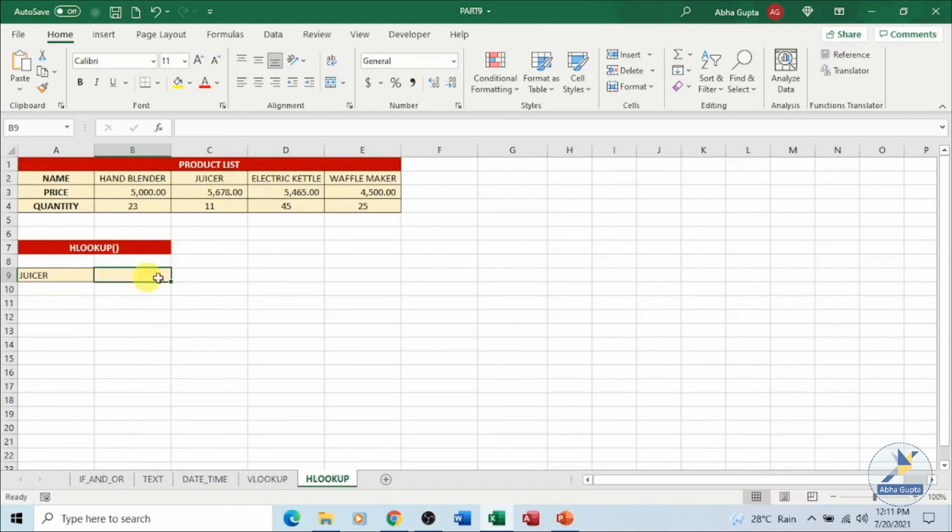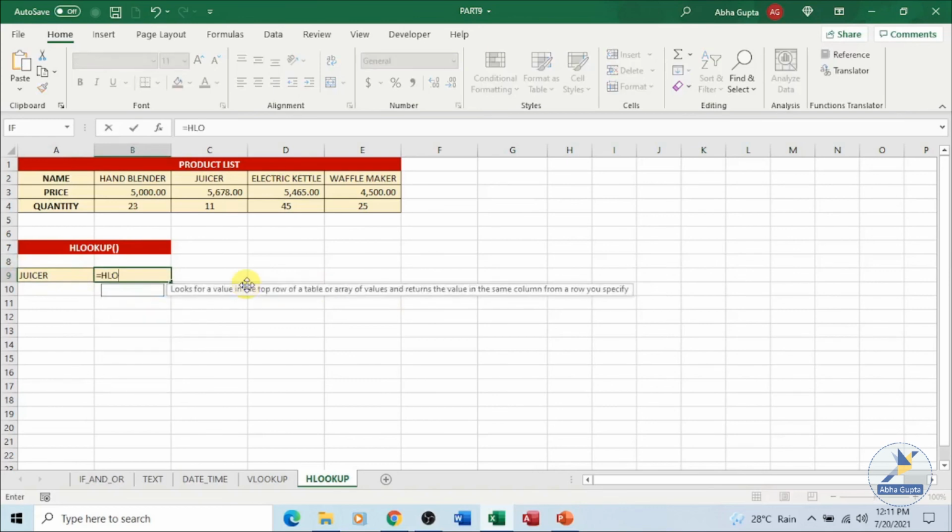So same thing, we are looking for this particular value, and we will type in the formula over here, HLOOKUP. You have to give the lookup value. Our lookup value is this. Again you have to provide the range.